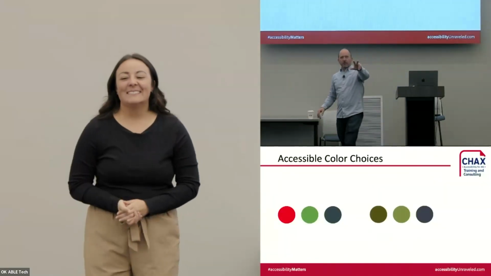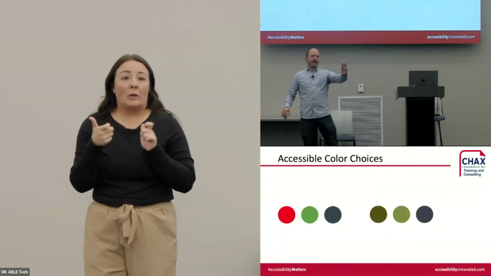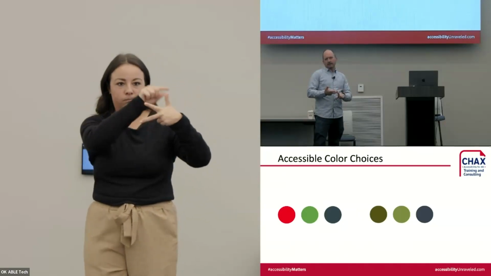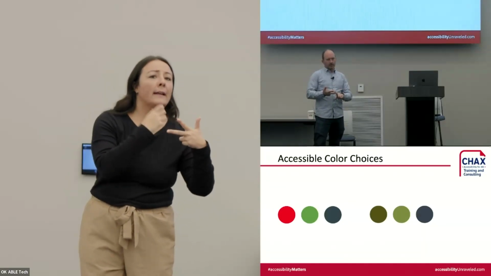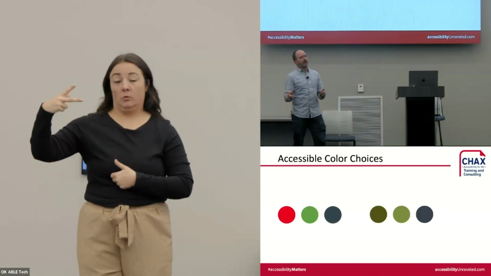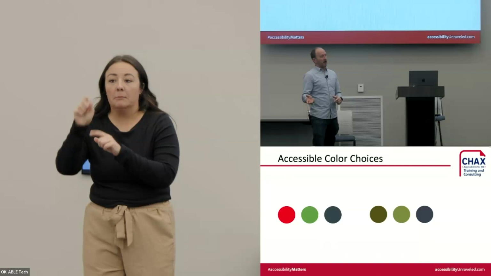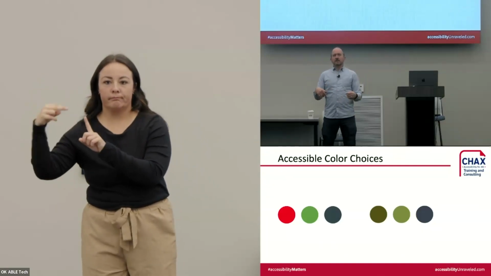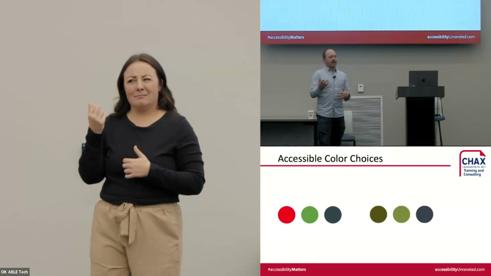So I wanted to show you a quick example. On the left of my screen, I have 3 dots that are red, green, and I guess a dark blue. And then on the right, I'm showing those same 3 dots as observed by somebody who is colorblind. Okay. And somebody yesterday mentioned this, I think it was Rob, who mentioned the fact that,